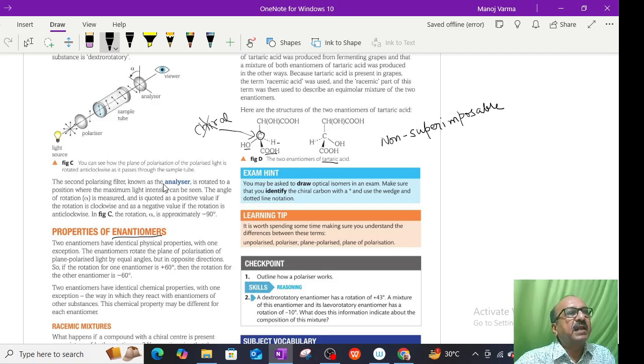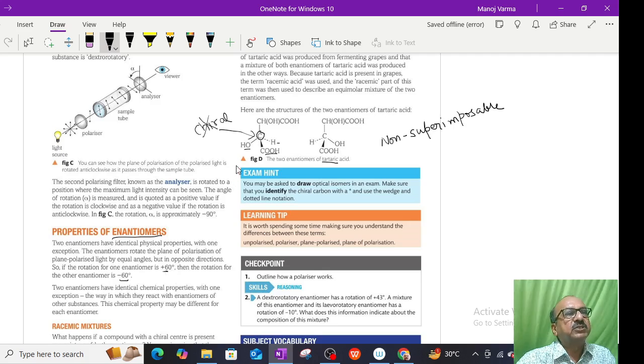If the direction in which they rotate is towards the right, it is indicated by a plus sign, and if it is to the left, it is indicated by a minus sign. If the concentration of these two enantiomers is the same, then they will rotate by the same amount of angle also, that is plus 60 in this case and minus 60,